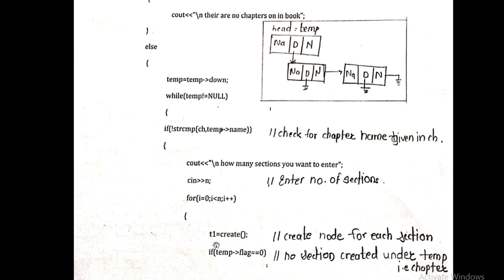created node at this pointer. What is the created node? Initially we have created it as T1. So I am assigning my newly created node, meaning the new section, after this T2. After this T2 we are assigning my new node. So in this way we are assigning the node to the next section, right?